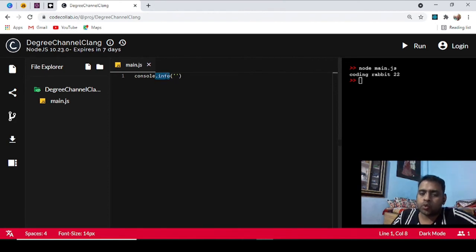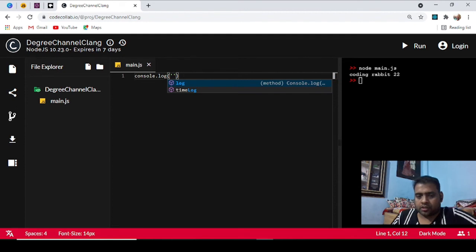Do not use log when you pass your code to production, because it is just to log in your development environment. It will not create any problem, but this is a standard: don't write console.log in your final code, remove it, because it is used to debug the application.